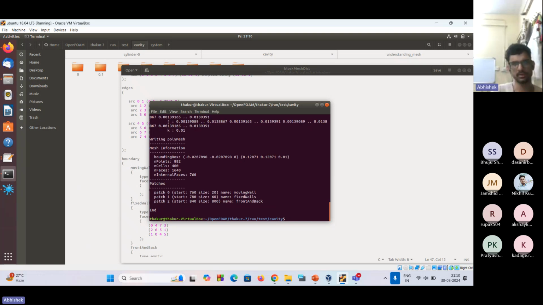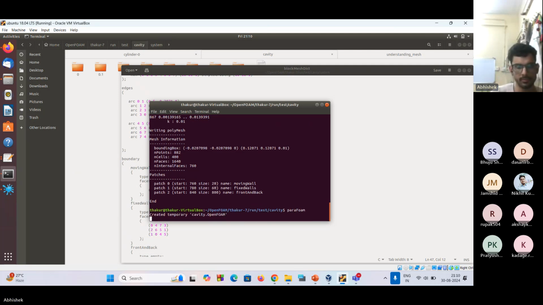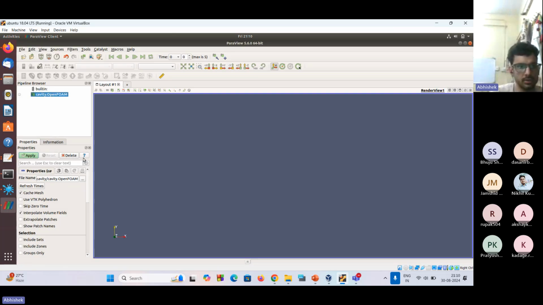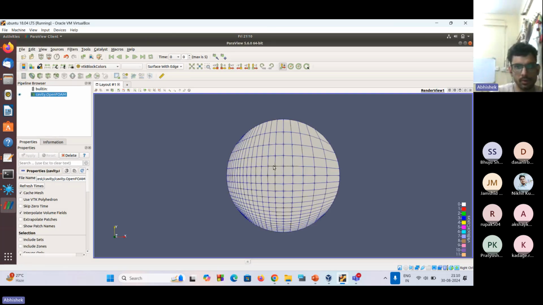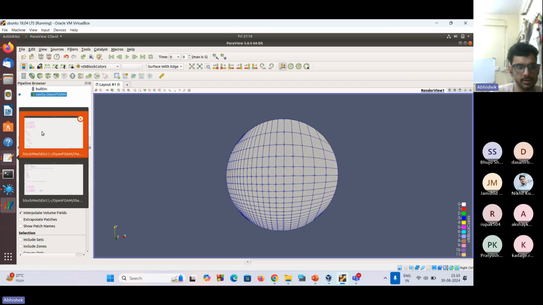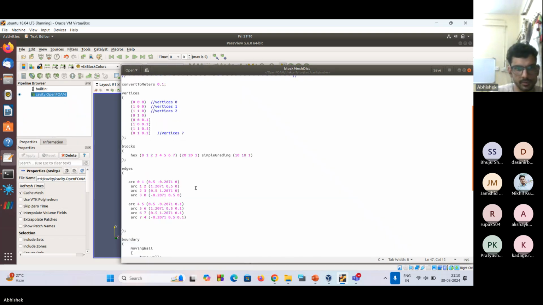Okay, so you can see that we have successfully given curved edges to our cavity mesh. Now let's look at how it looks. So this is your block that is formed. Let's keep simple grading as 1 for this case and increase the